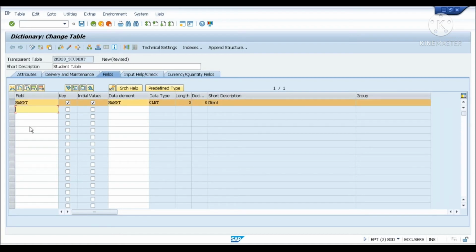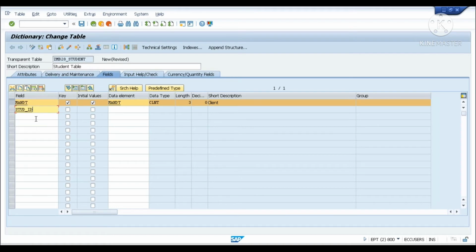Come over here, and the second field I'm going to give is a student id, stud_id, and the student id is going to be our primary key. So what is a primary key?